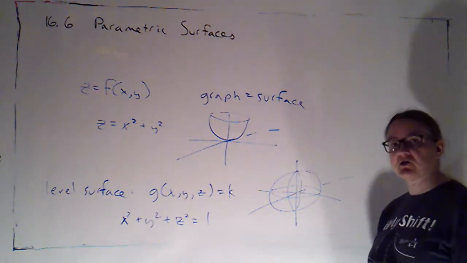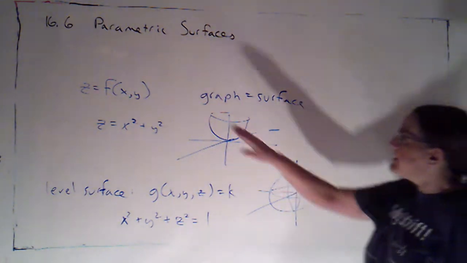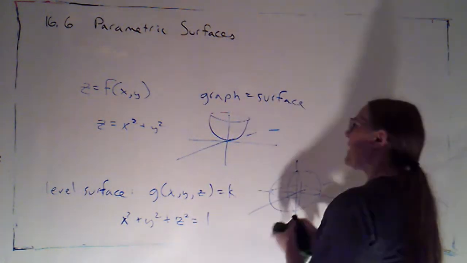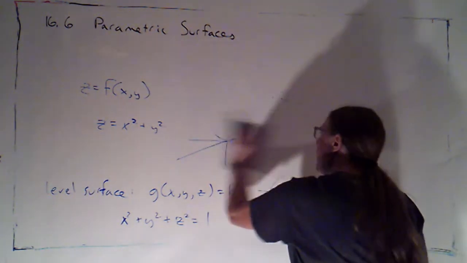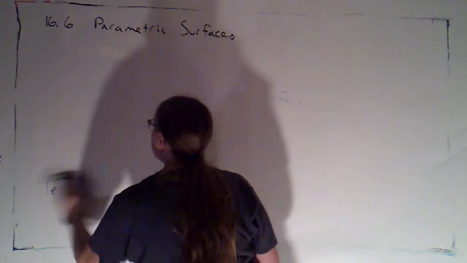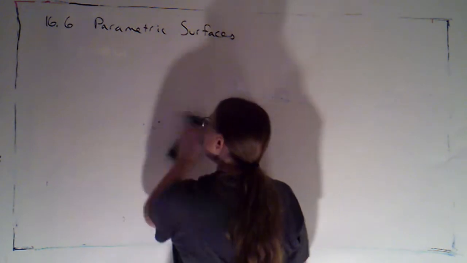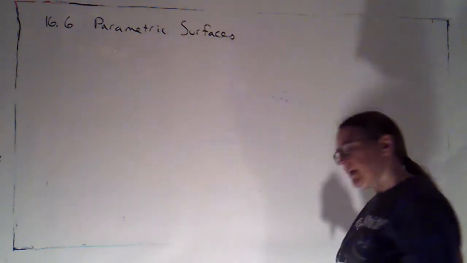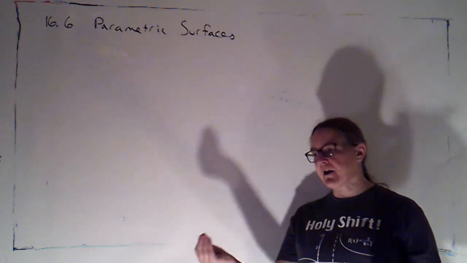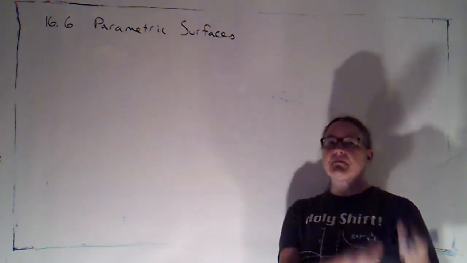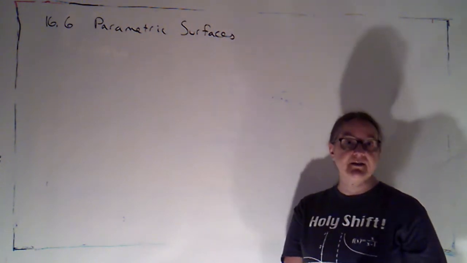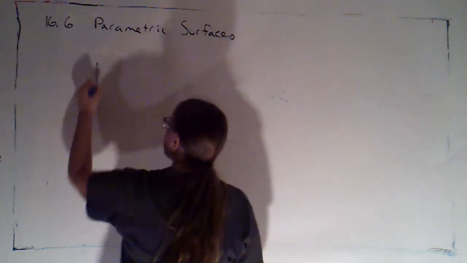It's a two-dimensional object. Well, in 16.6, we're going to take a look at parametric surfaces. With parametric surfaces, even though our surface is going to live in three space, we're going to parameterize it, which means we're going to describe it in terms of two variables. So we're going to match the number of variables that we're using to the dimension of the object, rather than to the dimension of the space in which it lives. So we're going to have something like this.